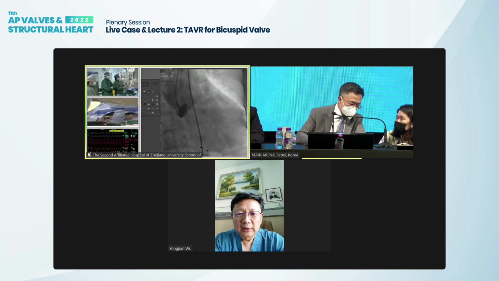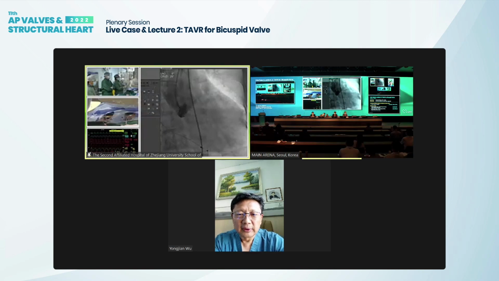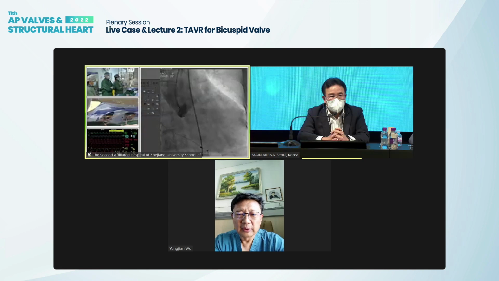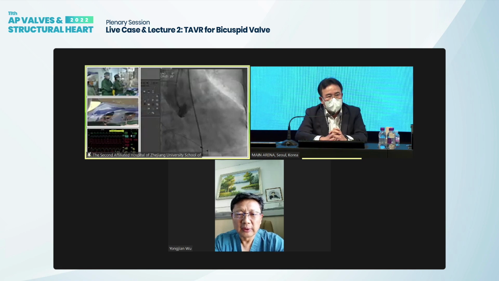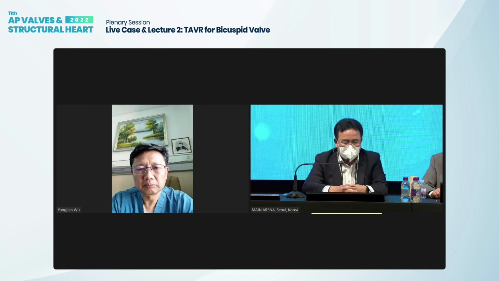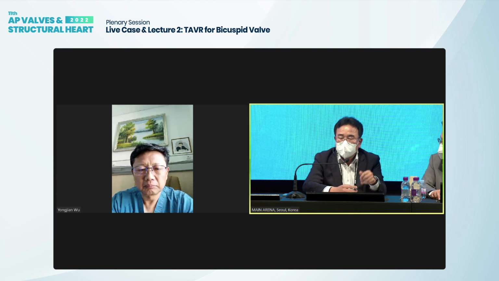I think it's better to choose self-expandable THV in this case, especially on the left ventricular outflow tract. Calcium is the most dangerous thing when using the balloon expandable valve here. But in this patient, the age is very young, and also the pressure range is very high. So it is very